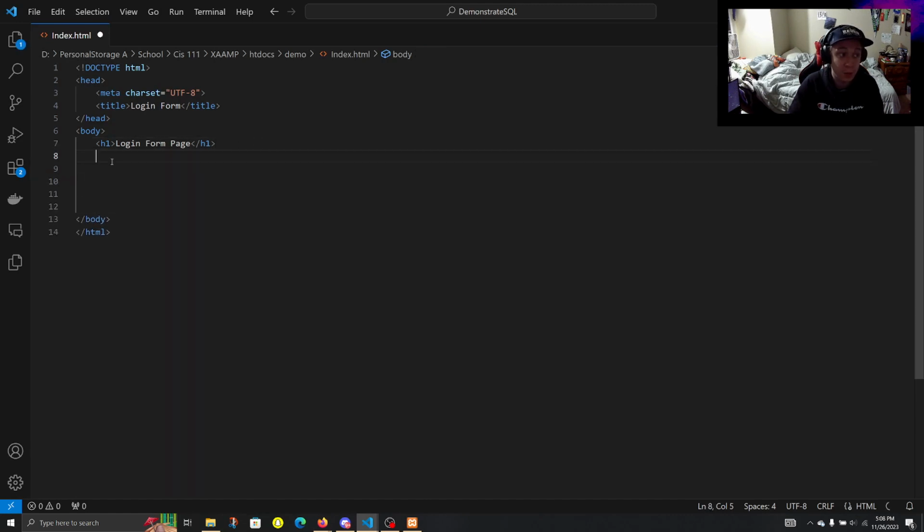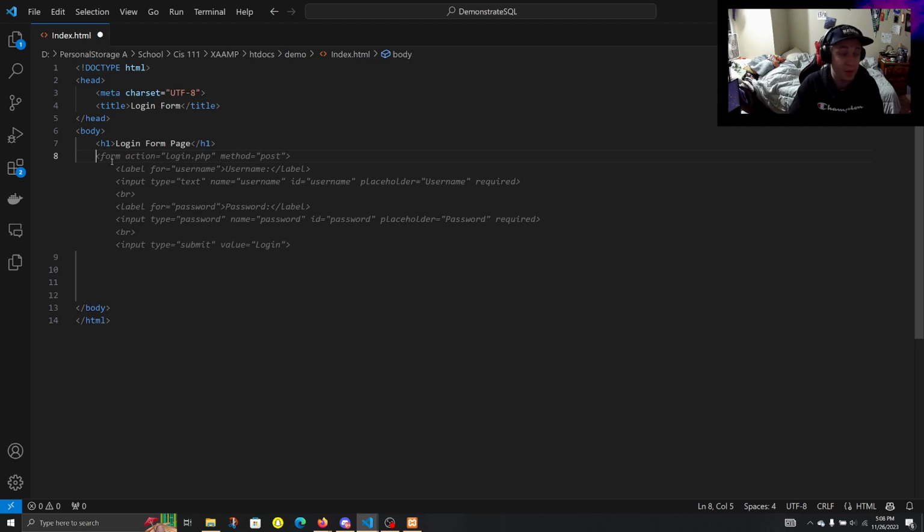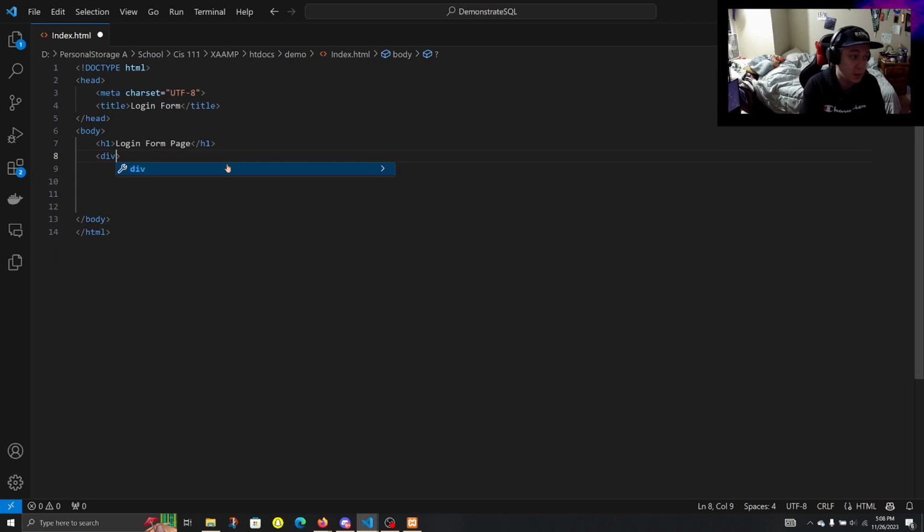Now we're going to create our form, which I want to have styling on it. So I'm going to use a div tag and close it off, open it up, and put the form inside of it, like this. The form also needs an ID so that we can show aspects of it in the console. I'm going to give it the form ID of login form,